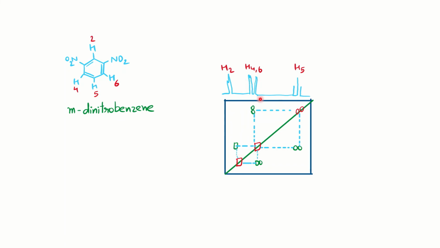Why is it so? You can see that this H4 and H6 is also coupling with the H2 proton. You can see the cross peak, one for H4, H6, another is for H2. It means these two are coupling with each other. So you can see here H4 and H6 is having a meta coupling or four-bond coupling with H2, which is a weak coupling, and therefore you can see the slight splitting of the strong ortho coupling or 3-bond coupling with respect to H5. So in that way we can find out the coupling information about the meta-dinitrobenzene